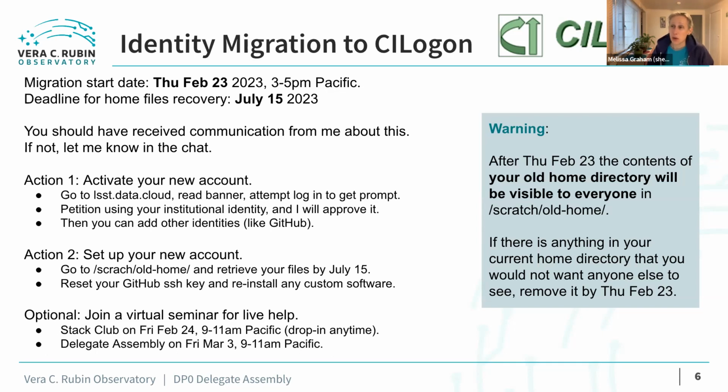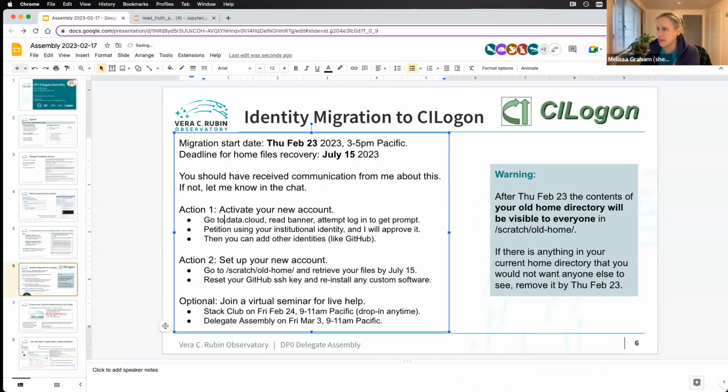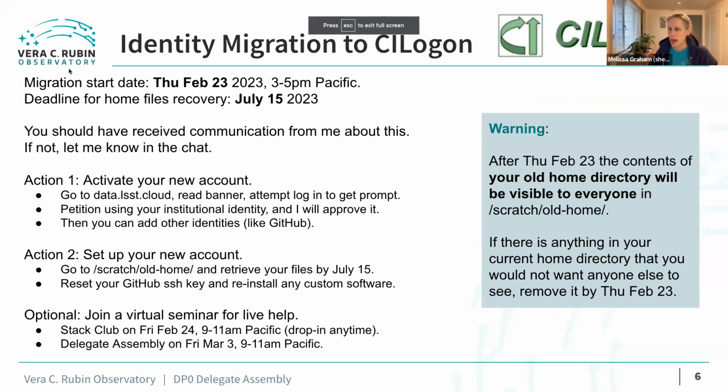where if you go to data.lsst.cloud that day, you will be prompted to get a new account. There'll be a banner there with a prompt that'll take you through it. And it's actually 2 stages, very similar to how you got your account in the first place, where first you have to ask for an account using your institutional identity. And then I will see that you've asked for one, and I will cross-match it with our list of delegates,